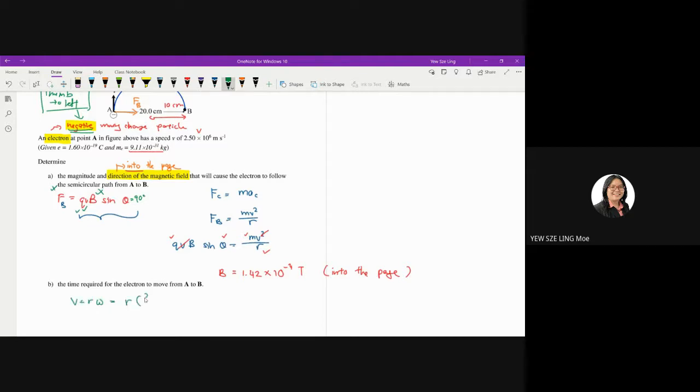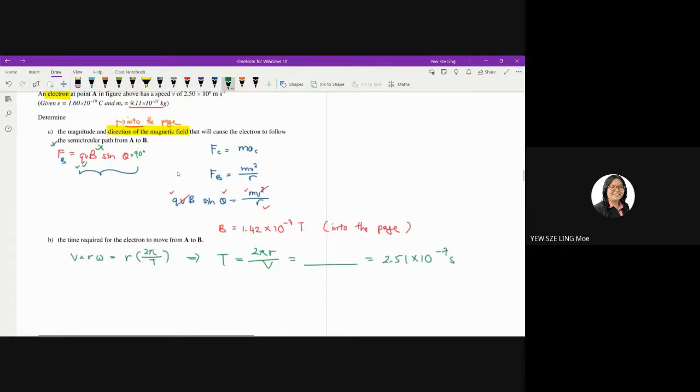One circle is 2 pi over capital T. So from here, we arrange the equation: period is equal to 2 pi R over V. Plug in the value, you will obtain period is equal to 2.51 times 10 to the power of -7 seconds. But since from A to B it is a semicircular path,